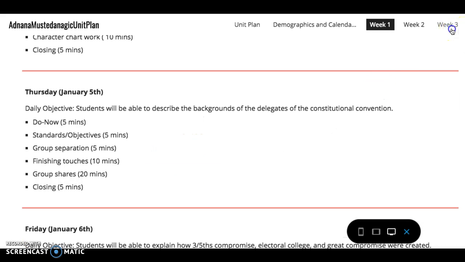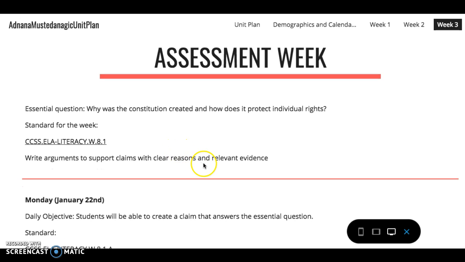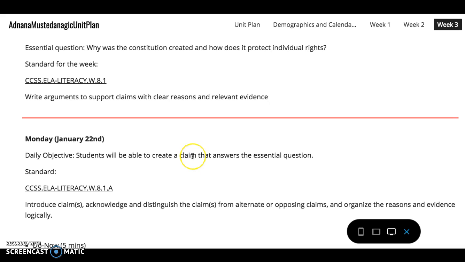One other thing I wanted to show and focus on was the assessment week breakdown. Since it is a week all in terms of writing, we focus on the essential question that the kids are answering that they must create a claim around. Their standard will always be writing based and something along the lines of writing arguments to support claims with clear and relevant evidence. And that leads into daily objectives and daily deliverables they must complete to ensure that they are producing a good and qualitative